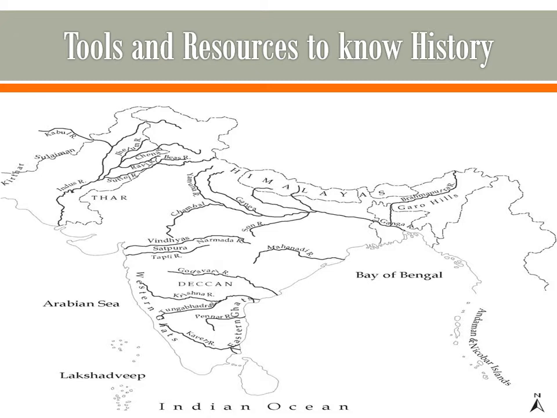There we studied about a girl, and here the question is about tools and resources to know history. Chintan read in a newspaper that a 4,000 years old city has been discovered in Kutch of Gujarat. He was surprised. How can we know that this city is 4,000 years old? Who might have built it and how? What was the diet of the people there? What type of clothes must they have been wearing? How can we know all these things? Through certain tools and resources.